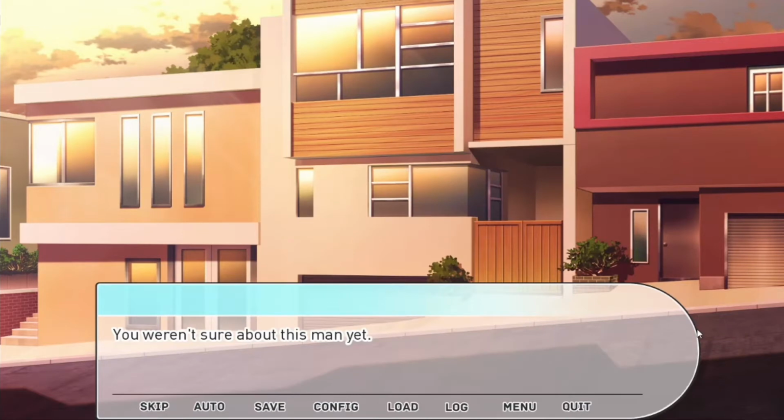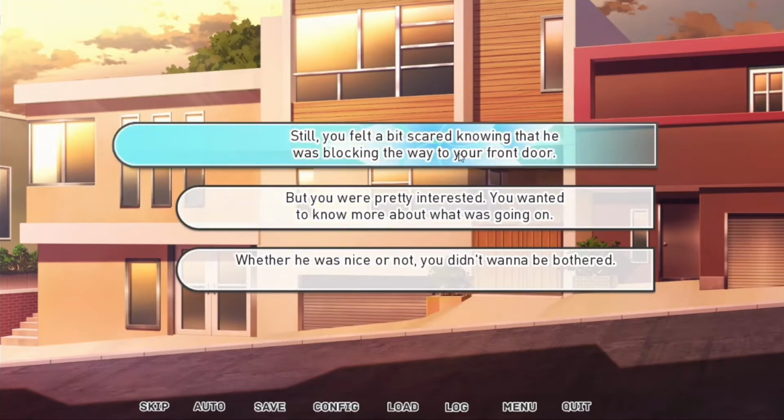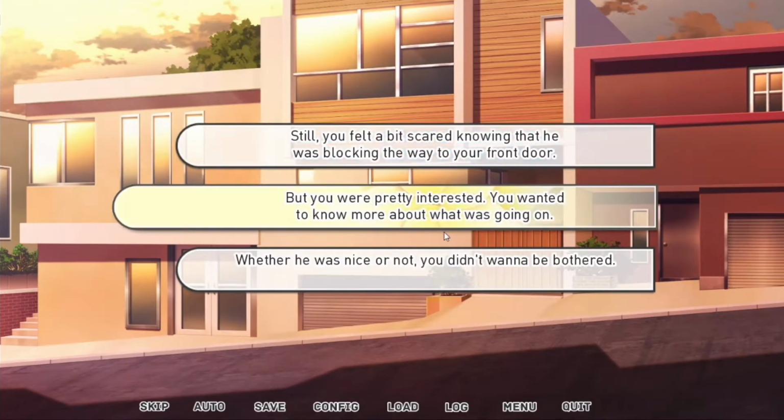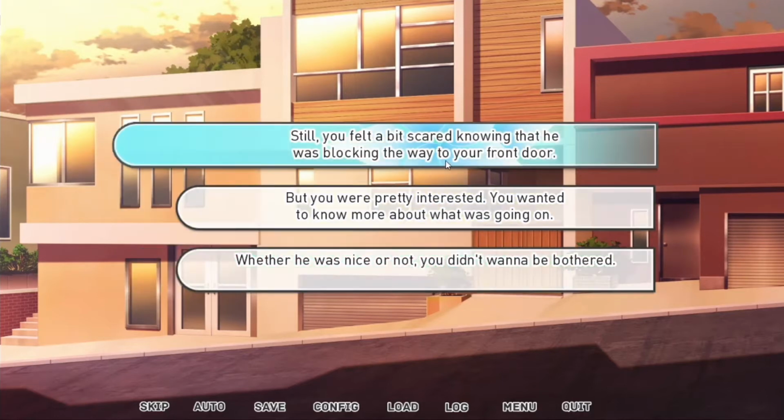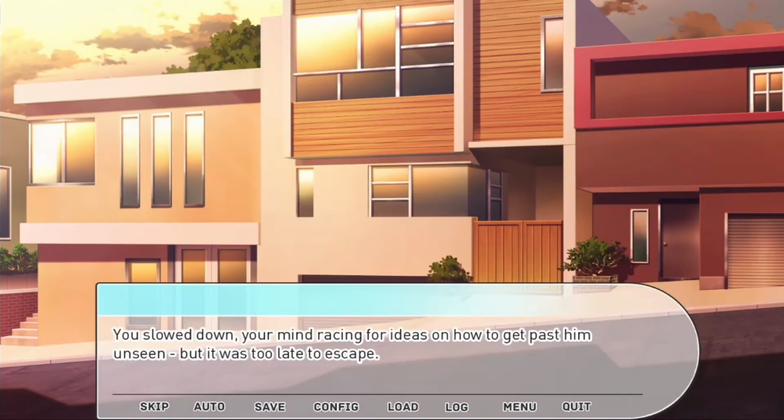You weren't sure about this man yet. Still, you felt a bit scared knowing that he was making his way to your door, but you were pretty interested whether he was nice or not. I would be scared. You slowed down, your mind racing for ideas on how to get past him unseen, but